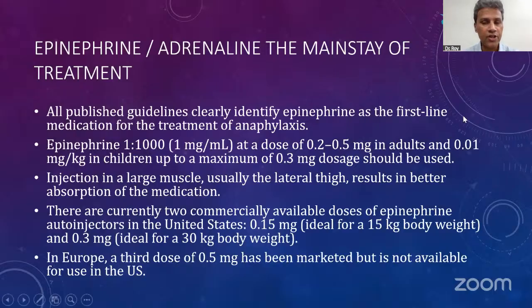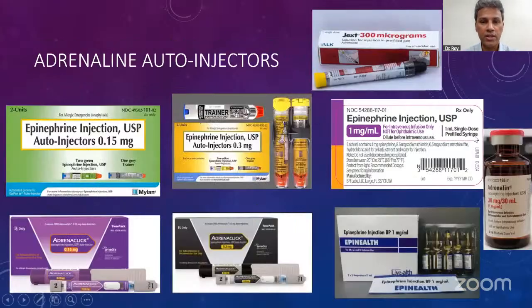In the US and Europe, there is a third dose that is available, and this is just an example of all the other options, and this is not every single option. There are even more options that are there. But as we know, EpiPens, Adrenaclick, Jext, none of these are available in India. What we have in India is the vials, which you see on the right corner, and you sometimes have the multi-dose vials. And that's what we have to